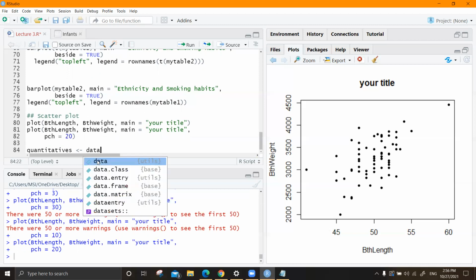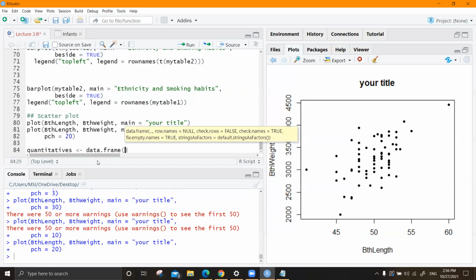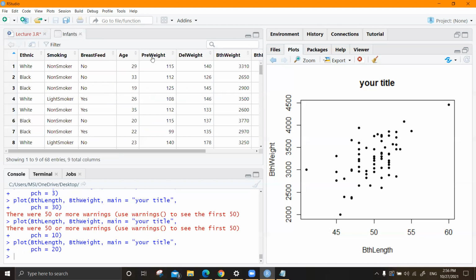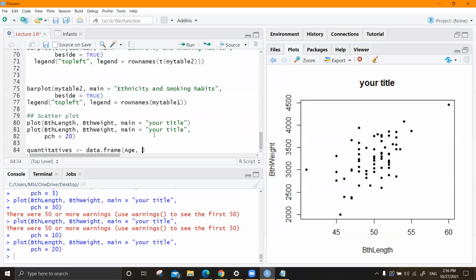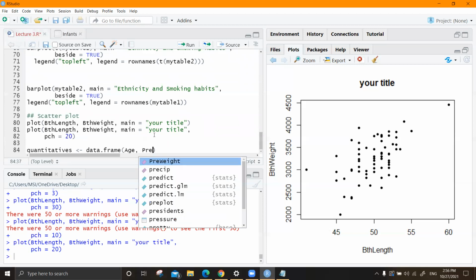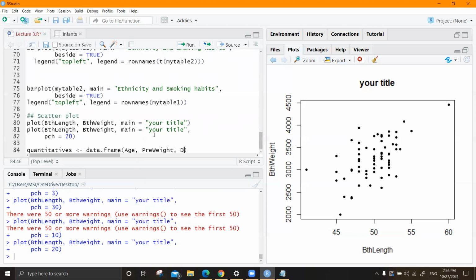So data.frame, out of infants, I'm going to extract whatever variables I'm interested in. So age is there. What else? Age, pre-weight, del weight. You can give any number you want.